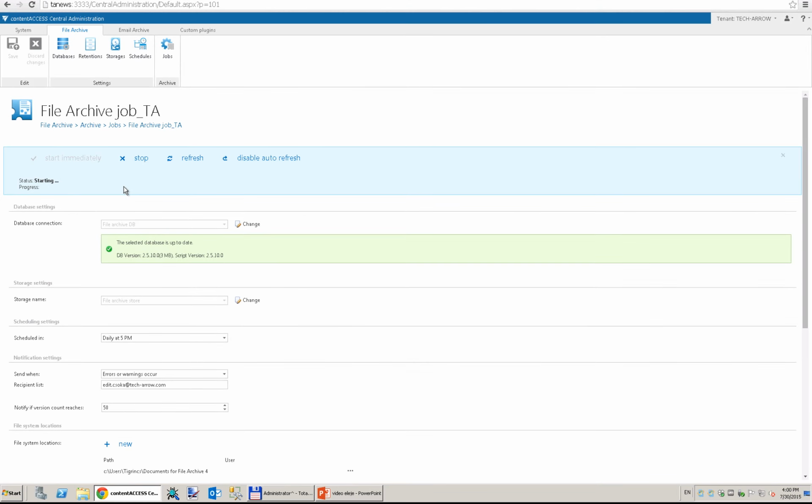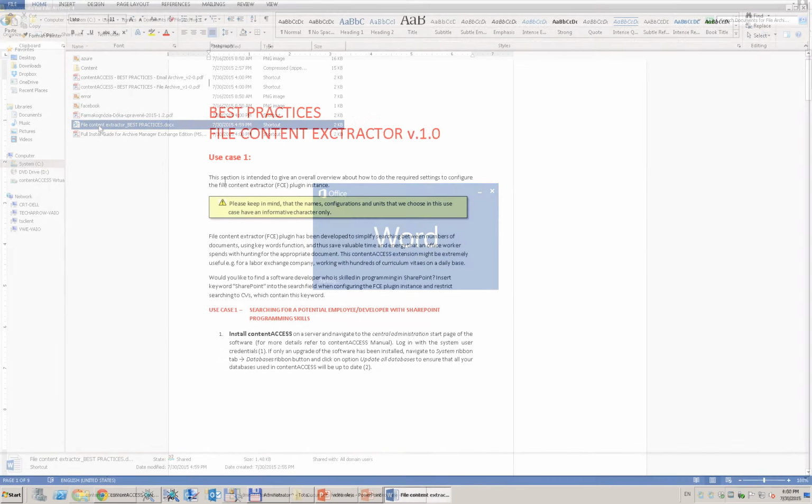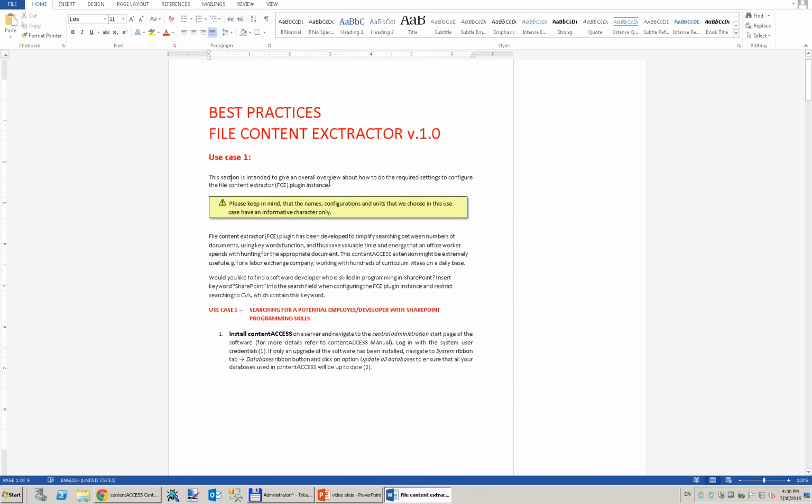Hooray! It's 5 o'clock. My file archive job begins to process the selected folder contents. I wait a bit until the job finishes the process, and now it is ready. Let's check my source folder, where the archived items were replaced with the shortcuts linking to the original files. Let's choose one of them. I open it to check its contents.